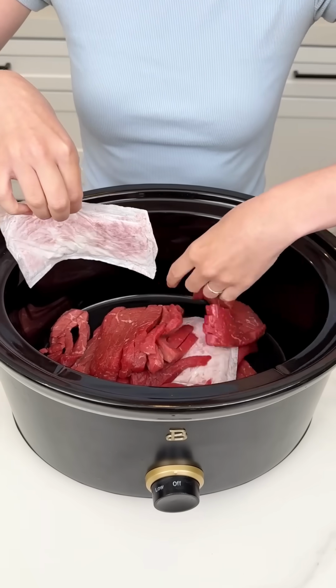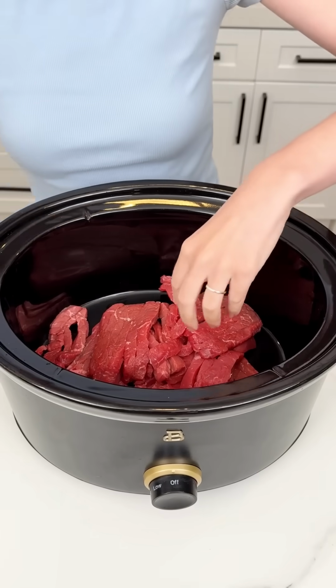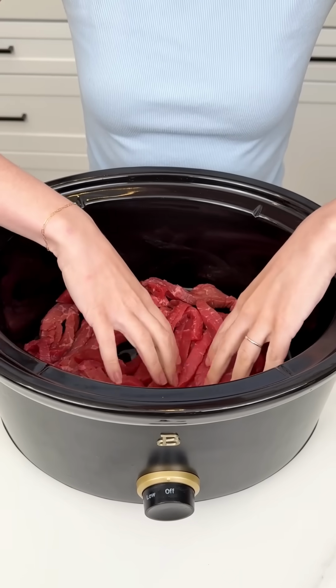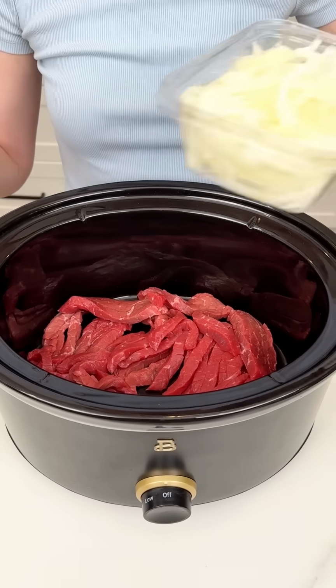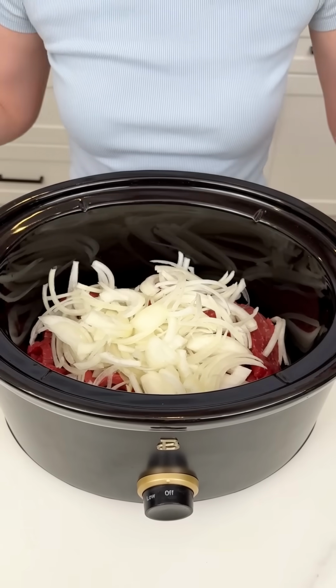All right, that was my 1.5 pounds of beef strips in my crock pot. All right, I'm gonna wash my hands. Now I'm bringing in my onion strips and we're gonna put that right in there. This is about 1 onion